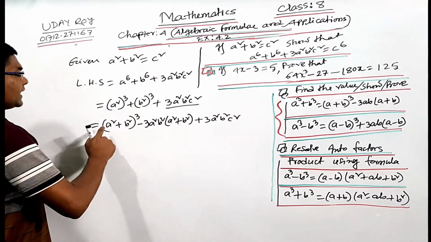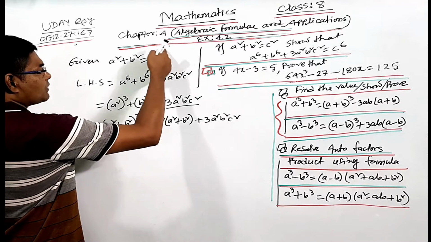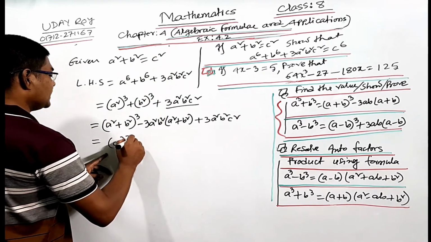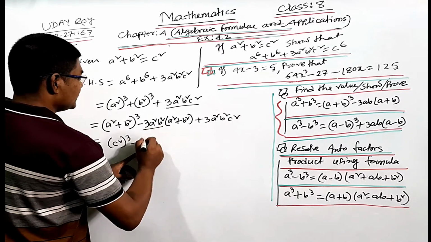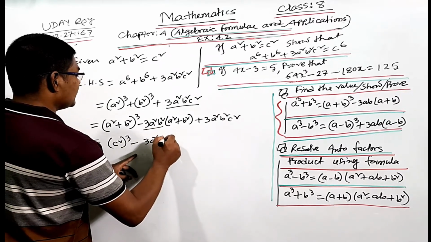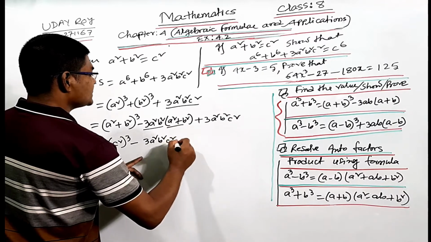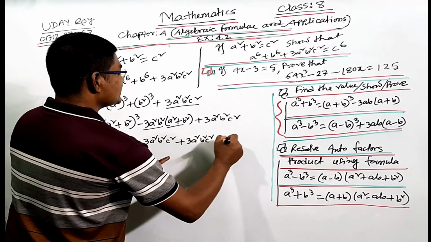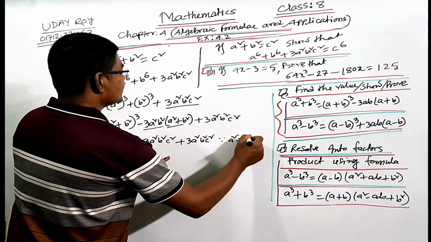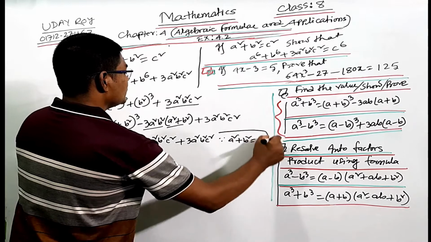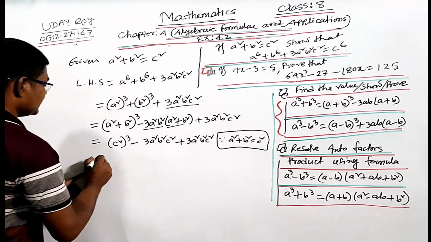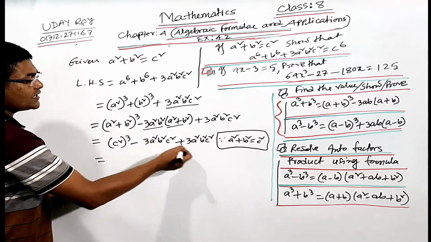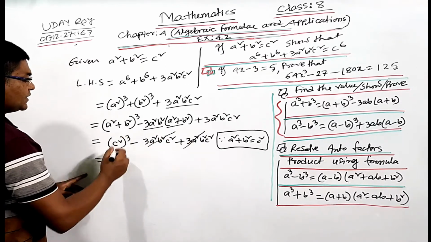Now a square plus b square equal to what? A square plus b square equal to c square. Here is c square cube minus 3 a square b square, this equal to c square plus 3 a square b square c square. Right, a square plus b square equal to c square. Side note is essential. So you can say 3a square minus, here is plus, so just cut it, remove it.